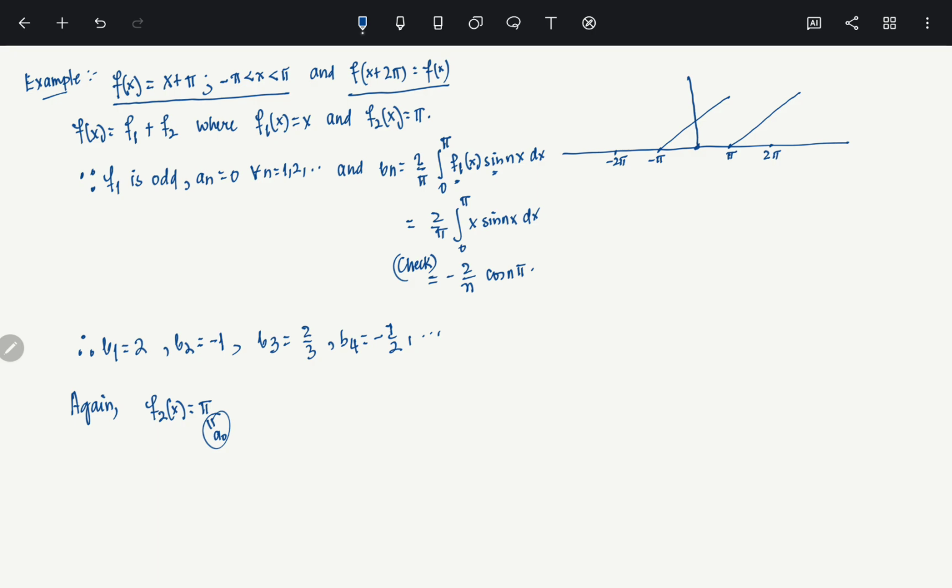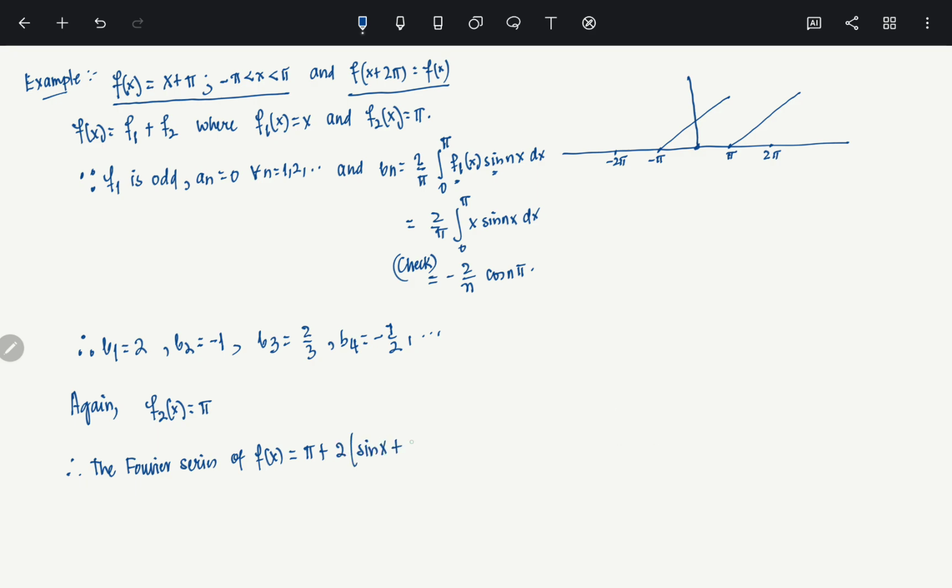So that part is there, right? The Fourier series of a constant function is the first term itself, basically. So what is the Fourier series of f of x then? Therefore, the Fourier series of f of x is, first of all, we define this pi, we add this pi with the Fourier series of f1, 2 times